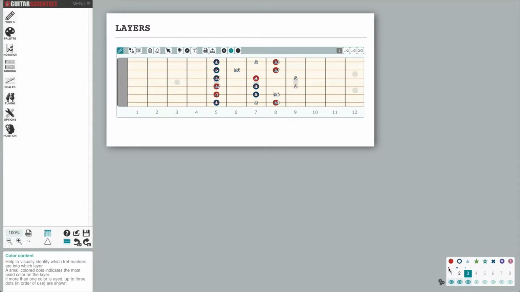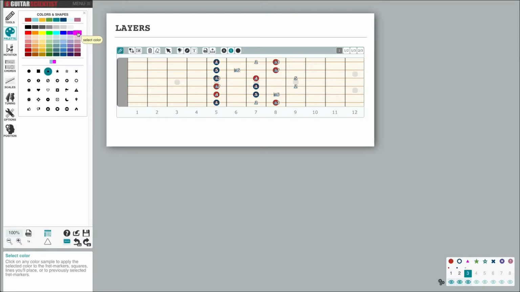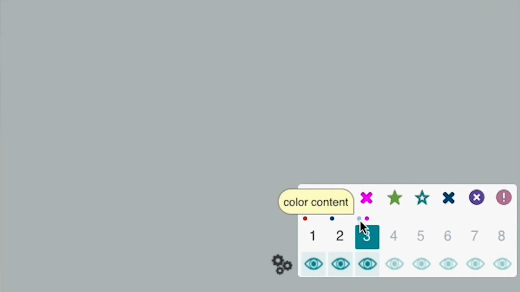Each layer retains the information regarding the colors and shapes of the markers I place. So, if I select layer 2, I will keep adding blue circles. If I click on layer 3, I will place light blue triangles and so on. Obviously, I can change this setting at any time. For instance, I just decided I want purple axes on layer 3, and now that I selected it from the palette, the layer panel displays that the current markers are purple axes, and that this layer contains both blue and purple elements with these small colored dots.